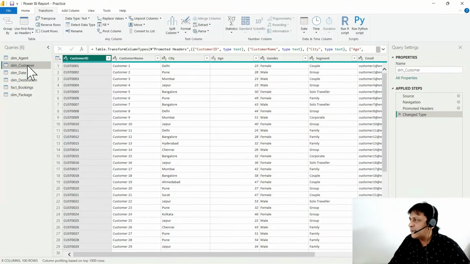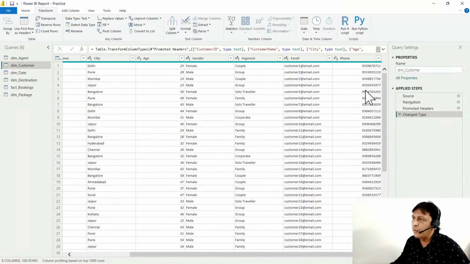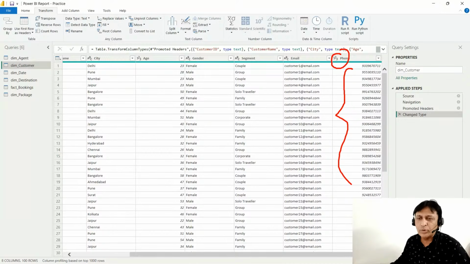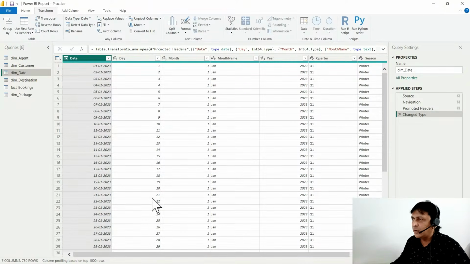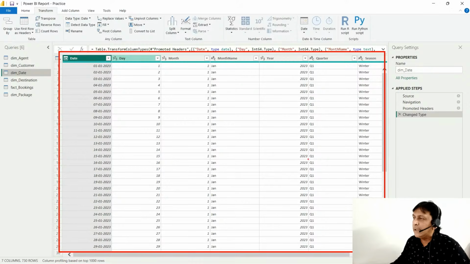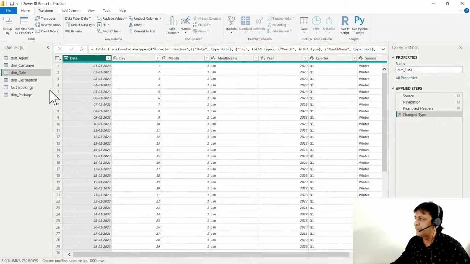डिम कस्टमर में जाते हैं, लुक्स एवरीथिंग ओके। एक और चीज मैं आपको क्विकली बताता हूँ, एक और चीज आप वेरीफाई कर लेना, वो ये है कि इसका जो डेटा टाइप है, जैसे एबीसी, इट्स अ टेक्स्ट डेटा टाइप, दिस शुड बी अ टेक्स्ट। और आप यहाँ पे देख सकते हो फोन नंबर पे 123 है, विच इज अगेन करेक्ट, क्योंकि ये हमारा न्यूमेरिकल कॉलम है। तो ये चीज आपने वेरीफाई कर लेना। डिम डेट, लुक्स एवरीथिंग ओके, नो प्रॉब्लम एट ऑल। अभी फिलहाल मैंने डिम डेट को एक्सेल के अंदर मैन्युअली बना लिया था, लेकिन आगे चल के अगर हम कोई एडवांस सेशन लेंगे तो उसमें मैं आपको बताऊंगा कैलेंडर और ऑटो का इस्तेमाल करके भी हम इसको पूरे टेबल को डायरेक्टली क्रिएट कर सकते हैं।